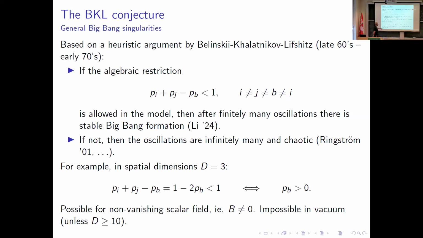If not, then the bounces are infinitely many and there's no asymptotics. All right, so at least that's vaguely the expectation. Of course, it's much more complicated than that, but I'm going to be talking about the first point, when this restriction is already valid for the background. So then there are no bounces, and the picture is much more simplified. Okay, and of course, examples.